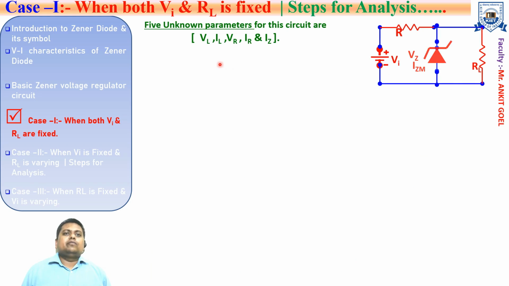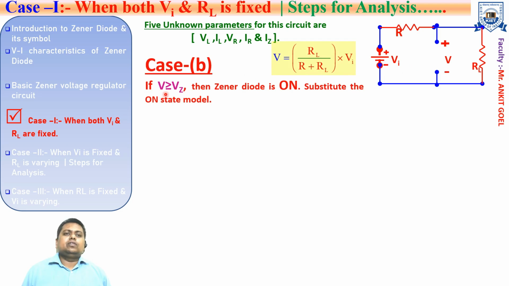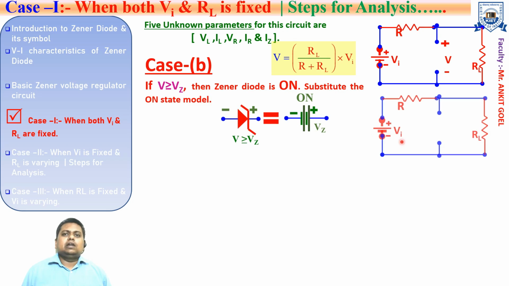So let's discuss the other case, when the voltage V comes out to be more than the Zener voltage, that is Vz. If V is greater than Vz, then the Zener diode will be operating in the on state. And we know that once the voltage across the Zener diode is more than the Zener voltage, it will be replaced by a battery equal to the magnitude of Vz. So this is the circuit in which I am going to replace the diode with the Zener voltage battery of magnitude Vz. Right, this is the replacement.